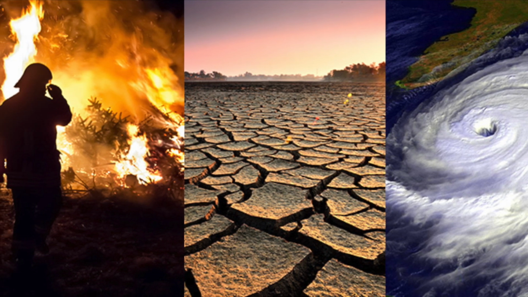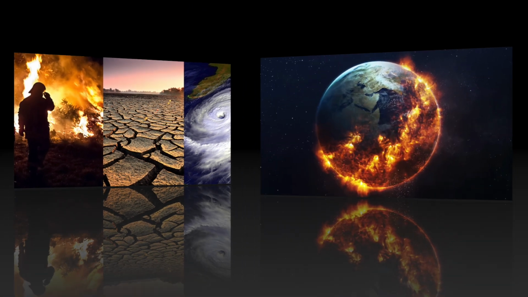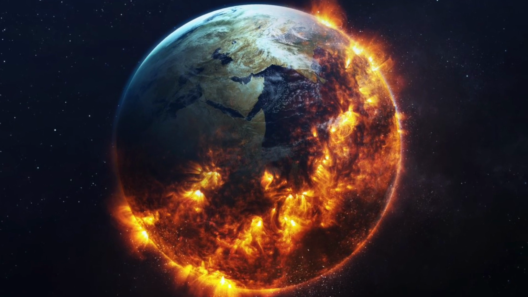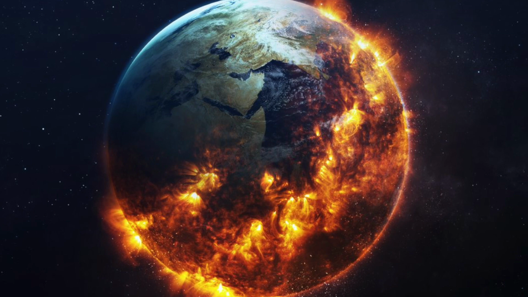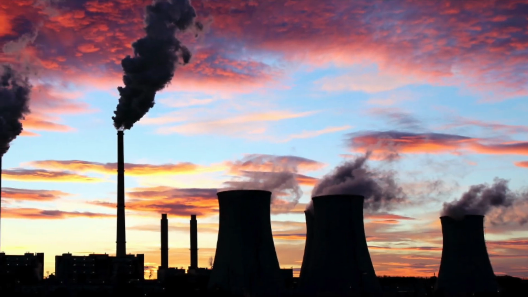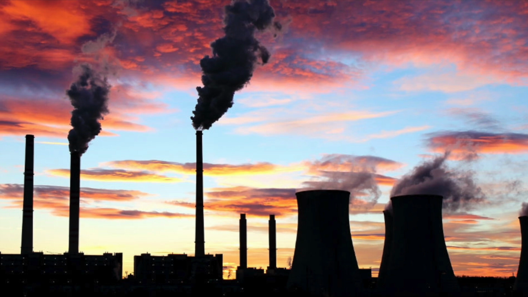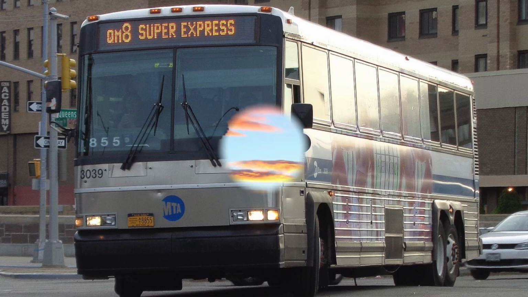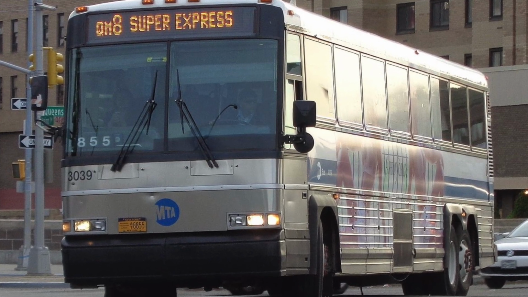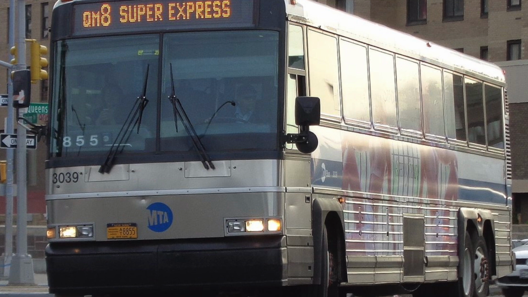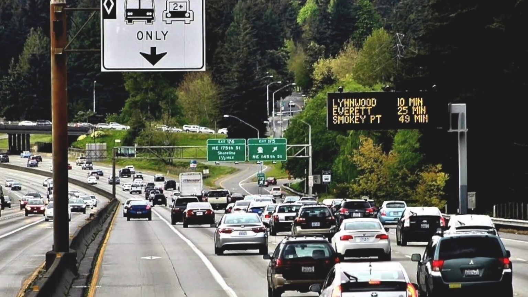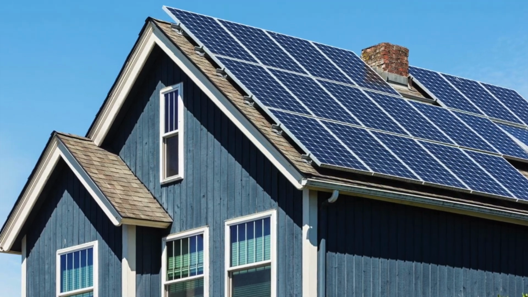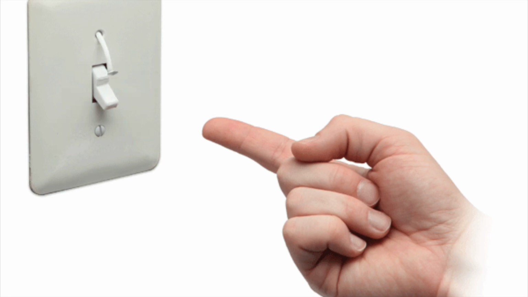As we can now see, the emitting of greenhouse gases is a major root cause to the problem that is global warming. Now, what steps can we, as a global community, take to decrease the amount of greenhouse gases we emit and thus slow the process of global warming? There are many ways in which we can lessen the amount of greenhouse gases we emit. Some of the best include using mass transportation more often, carpooling instead of taking separate cars, utilizing renewable energy sources rather than coal-burning power plants, and even doing things as simple as just turning the lights off when we leave a room.